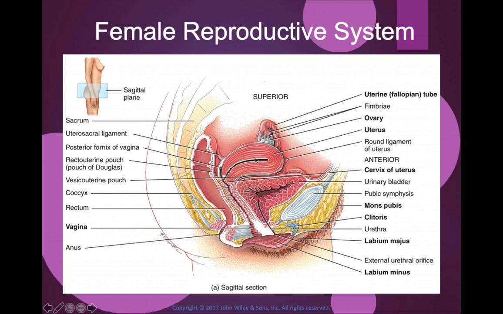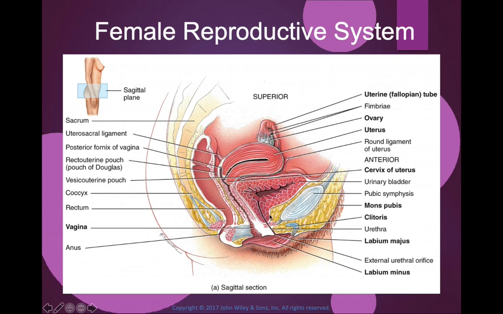So if we look at the positioning of the uterus, we'll see that it is anteroflexed, right? It's kind of projecting forward, right? So we call that anteroflexed. And we could see that the cervix is more posterior. And that's important to know because there are different pathologies and stages that arise when the uterus starts to tilt in different positions. Then we have the urinary bladder with the urethra,